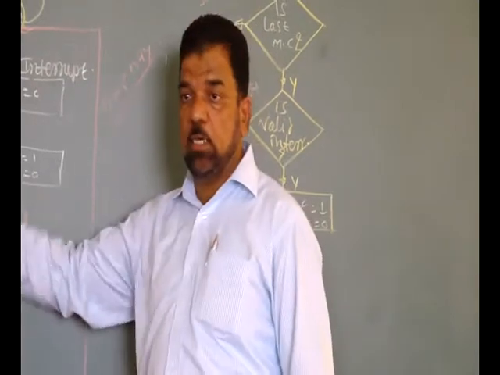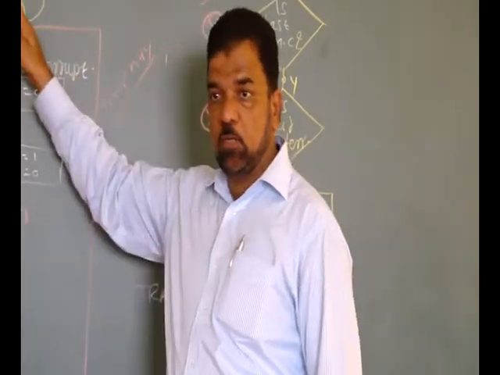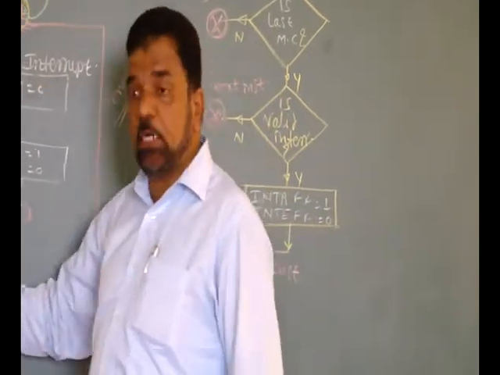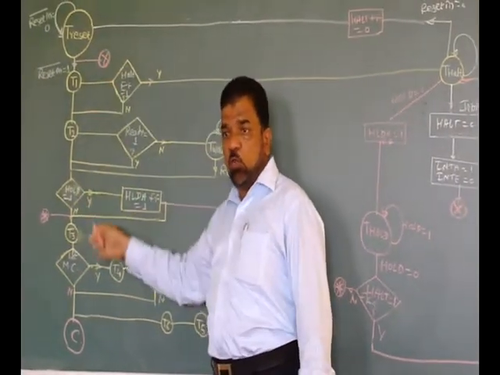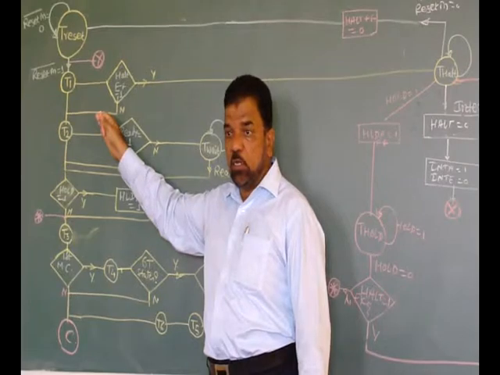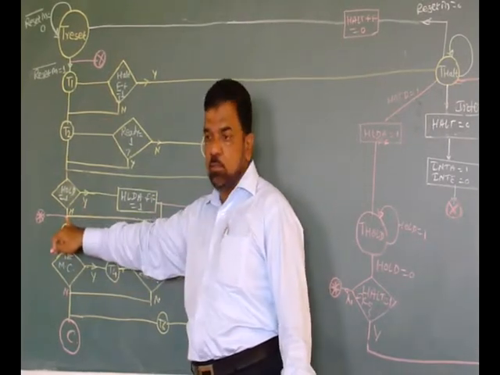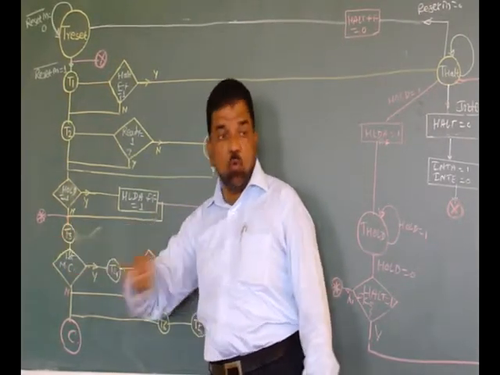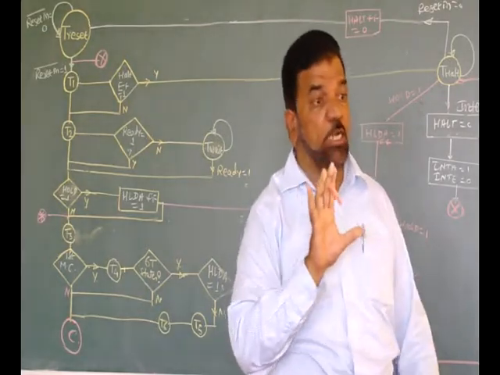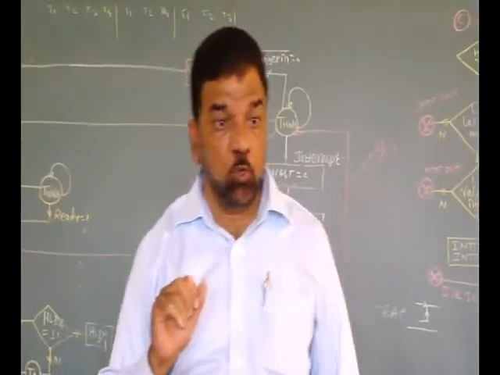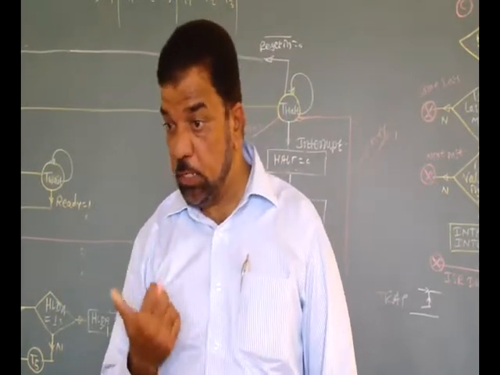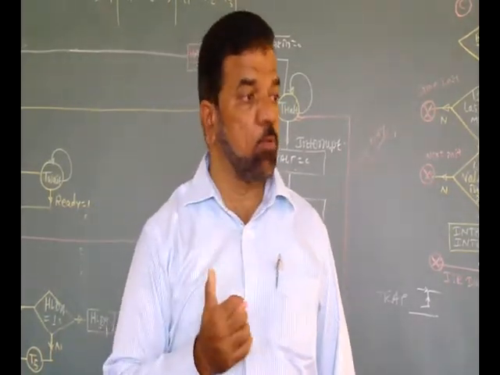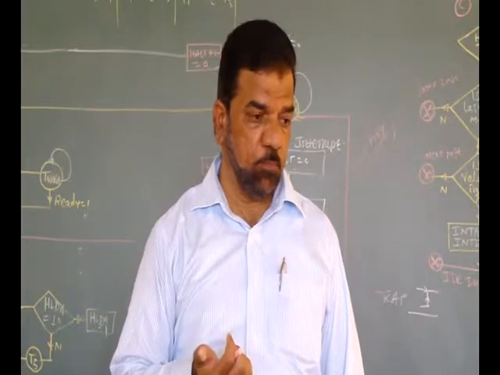It is not permanent. What will happen when this is over? It will come back again. And if the hold state is acquired during this process, if hold is generated somewhere in this process, where will it come? Here. Because generally hold is checked during the T2 step, during the T4 step if it is the first machine cycle, during the T6 step if it is of 6 machine cycles.